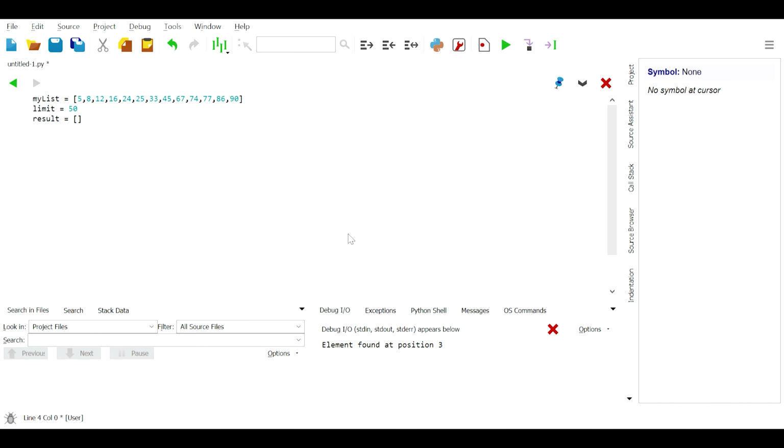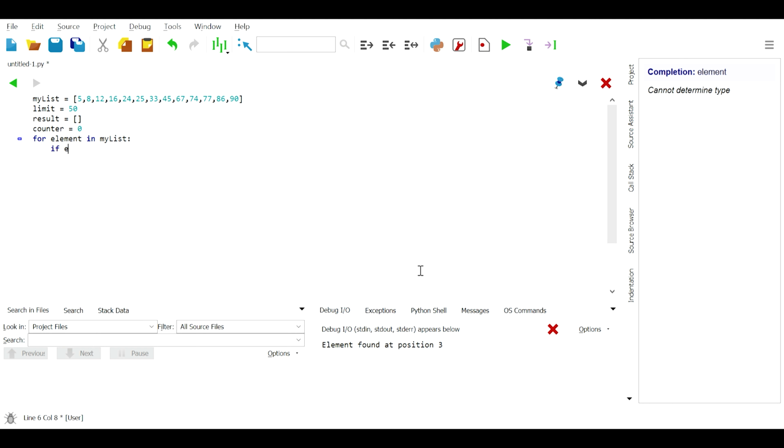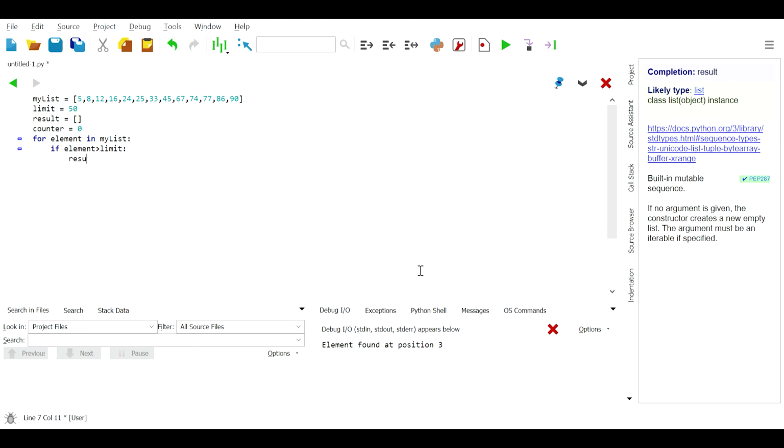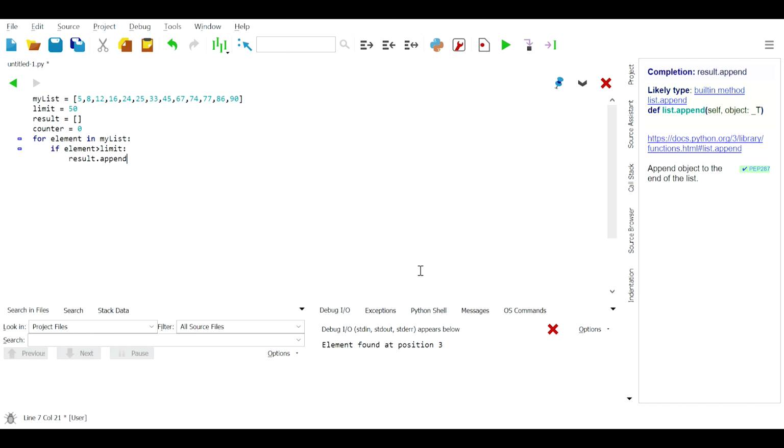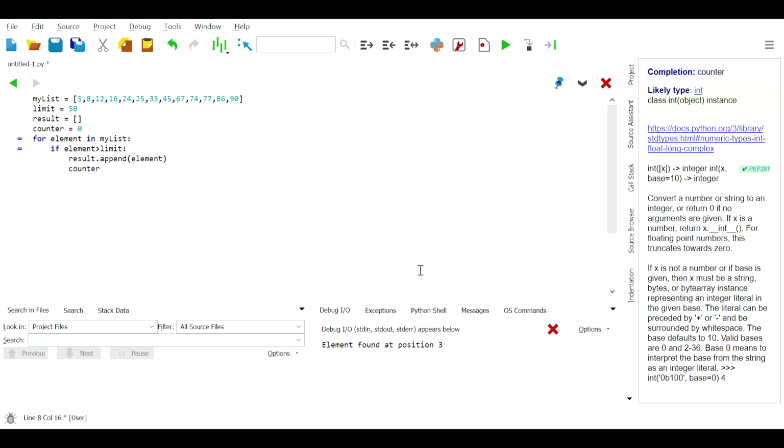result = empty list, counter = 0, and for element in my_list: if element > limit, result.append(element), and finally counter = counter + 1. In fact, if you want to delete all these elements that satisfy the condition, you can simply say